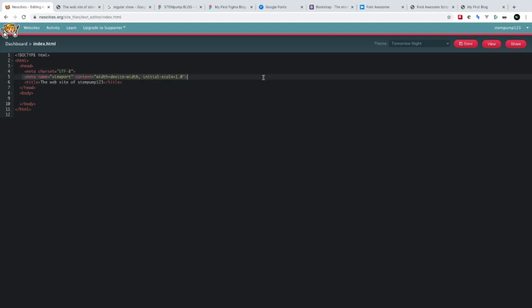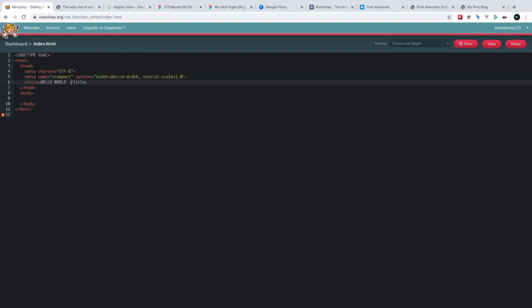And then this is called our viewport, and it's a meta tag, which tells the browser how we want the web page to be displayed. This is pretty good for now. We won't be messing with this a lot until later, but this is all you really have to do. And then right here we have our title. So we're gonna open our title by writing this, and then close the title by writing that, remember, with a backslash. And from here, we're gonna write right in it,